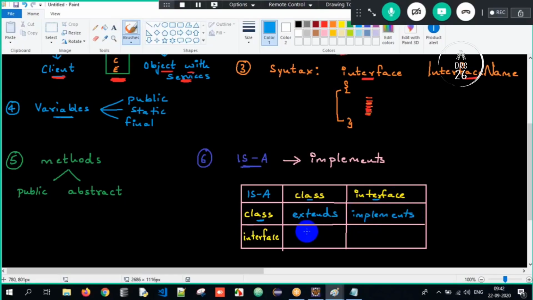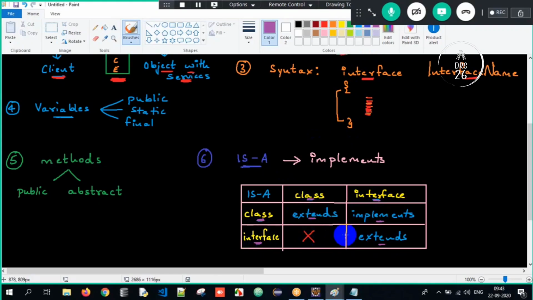Interface to class here we don't have any relationship at all, but interface to interface we again make use of the extends keyword here. So in simple English here, sir, class to class extends, interface to interface extends, but class to an interface implements, but interface to a class there is no relationship over here.